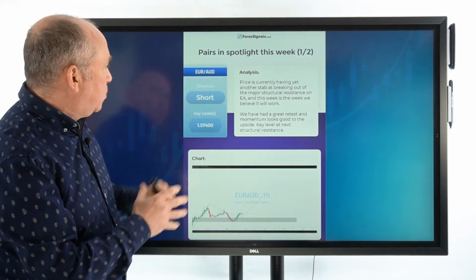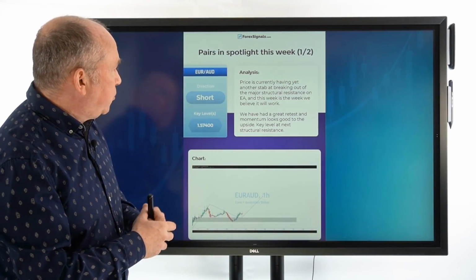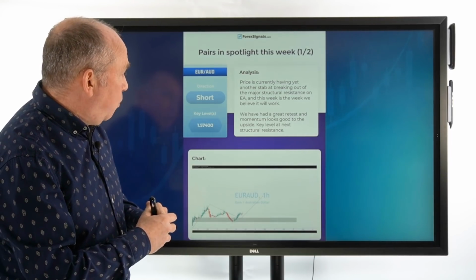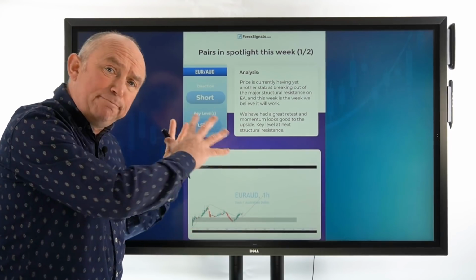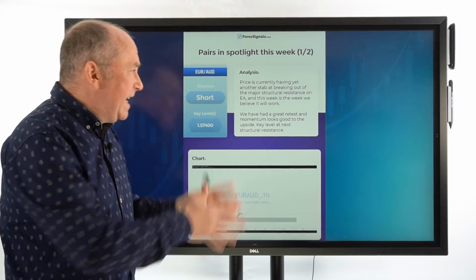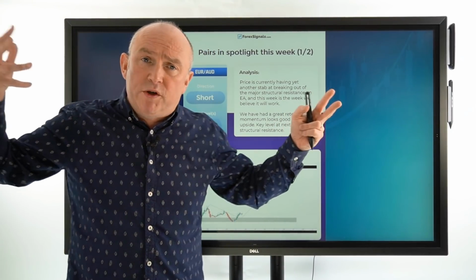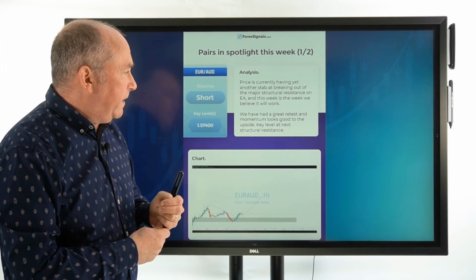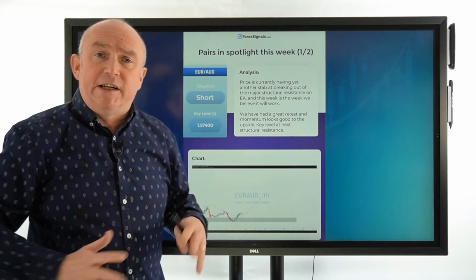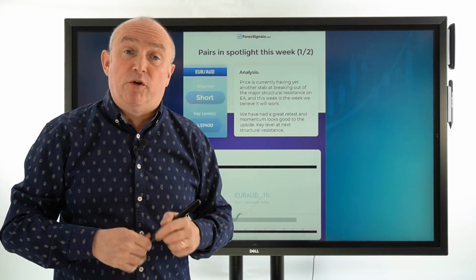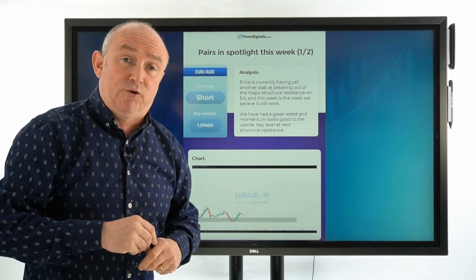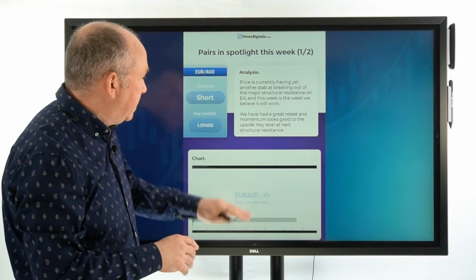Okay, let's have a quick look at what we're looking at this week. So Euro Oz, we're looking at the Euro Oz trade, pairs in the spotlight. With a key level down there at 57.40, looking for a potential short trade in there. Now these are just biases. You don't want to be going off now trading this, just selling the Euro Oz, because I've said so here on the channel. It's a bias. You've got to have your own strategy rules to make sure you time your entries perfectly and so forth. But that is our basic bias at the moment. Euro trading lower against the stronger Australian dollar. Again, a risk on commodity currency, could do better this week. We have got, of course, some Australian data out later on the week. We'll show you that when we get onto the screens in a moment.